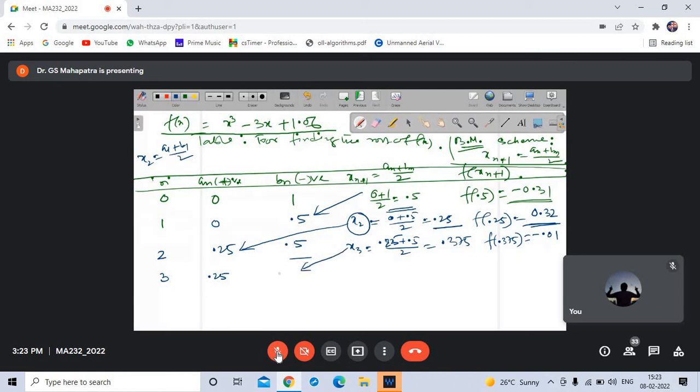So it is 0.375. So x4 equals to 0.25 plus 0.375. Okay. So what is the answer? 0.25 plus 0.375 divided by 2. So 0.3125. F of 0.3125 equals to